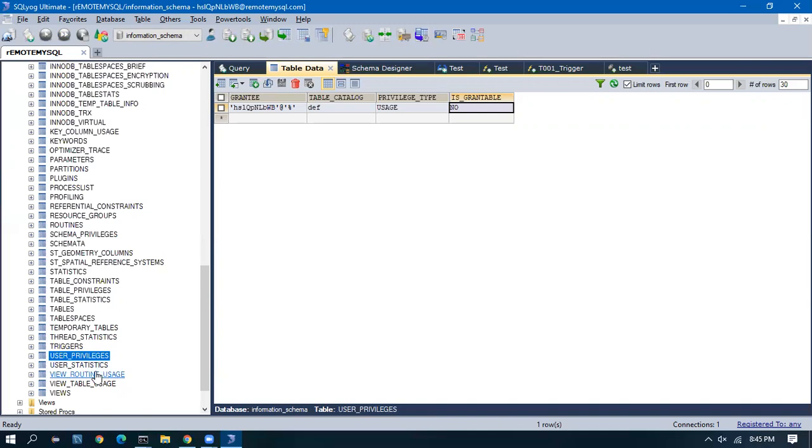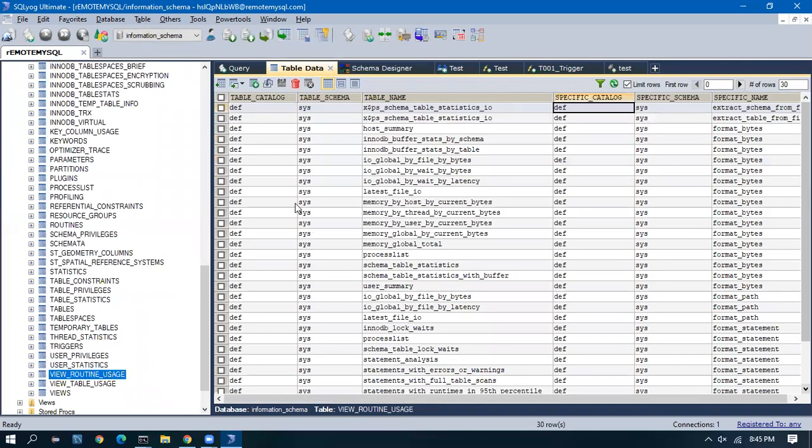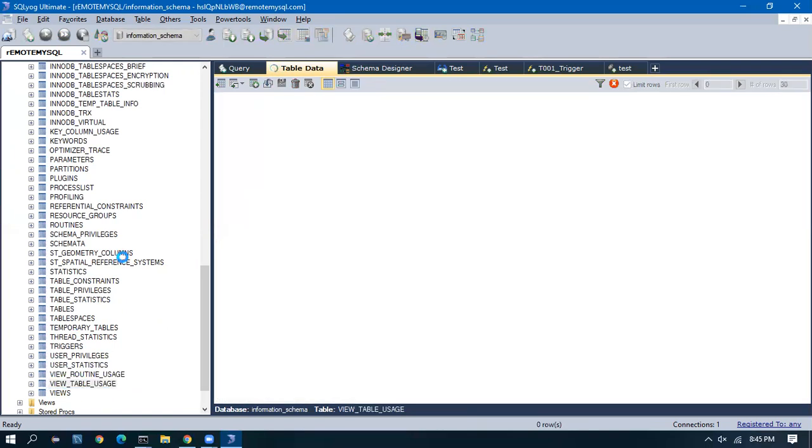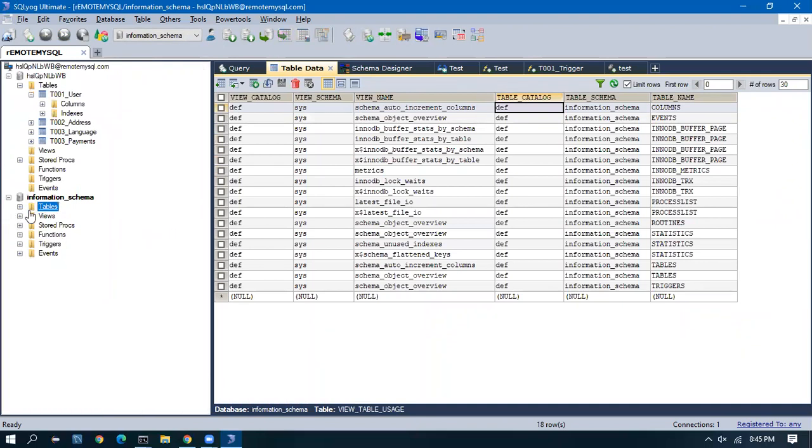For routine usage, we don't have access, but this gives you, at a high level, a place to debug, a place to see about tables, views, stored procedures, functions. We don't have these options in this one, so I don't have access, but otherwise you can view these things from here, and this will be a good place for you to debug.